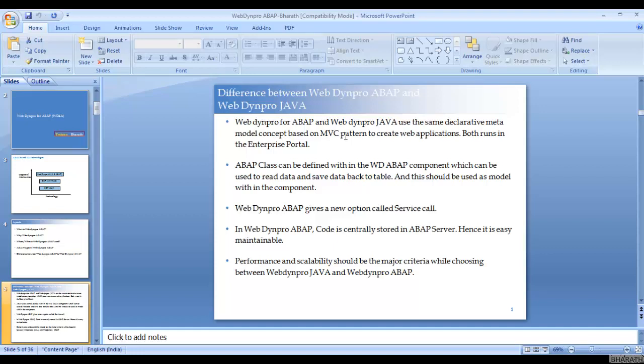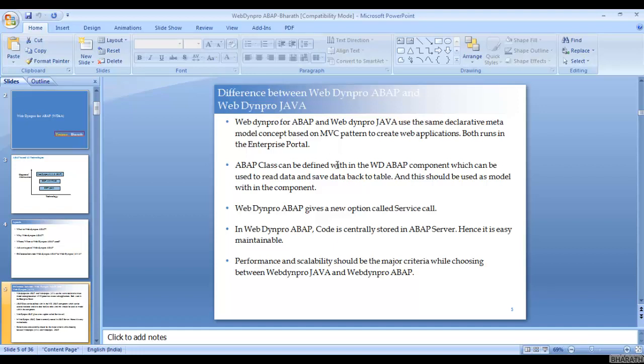Both use the MVC architecture, model view controller architecture, to create web applications. Both run in the enterprise portal. Yes, we can configure WebDyn Pro Java applications and WebDyn Pro ABAP applications in the enterprise portal.